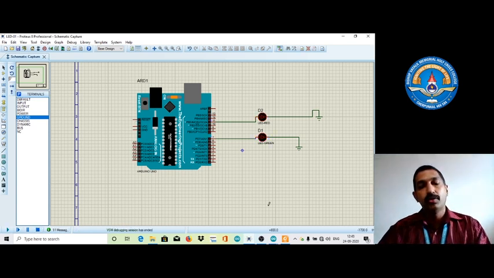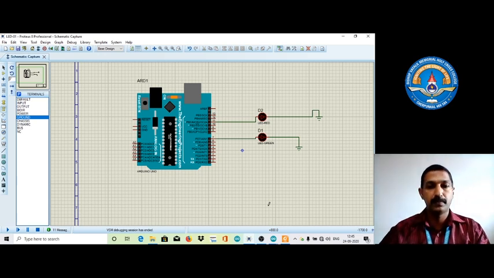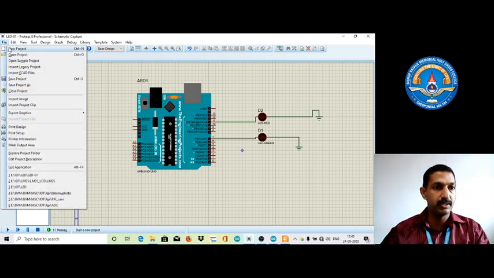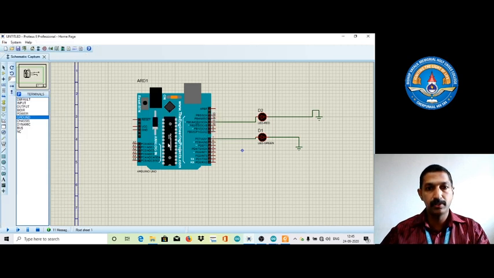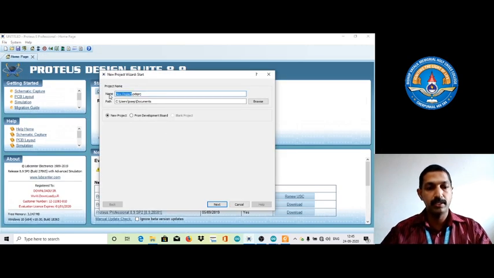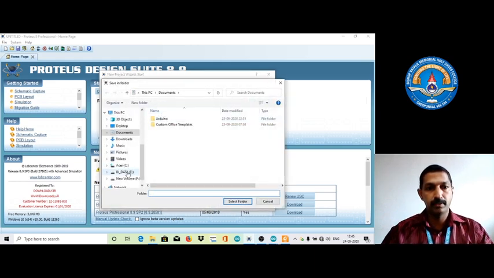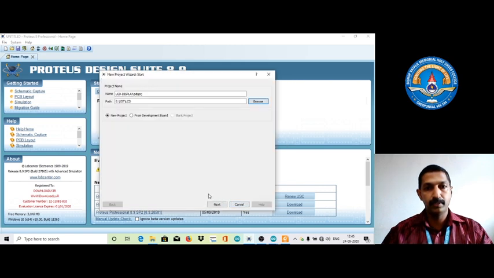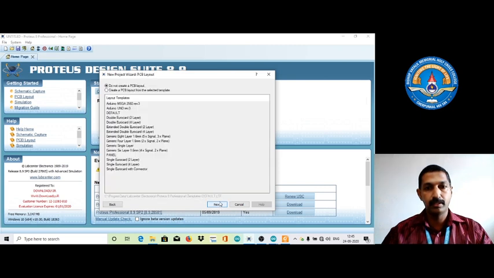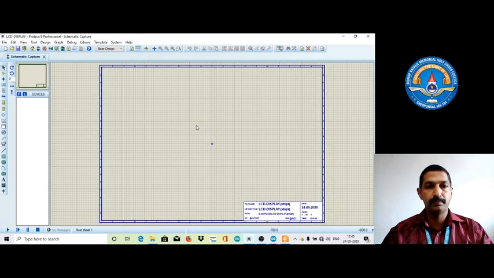Next we can go to the LCD display in the Proteus design window. You can just start a new project. I'm saving this one and titling it LCD display, changing the project folder to LCD, select folder, next, finish.